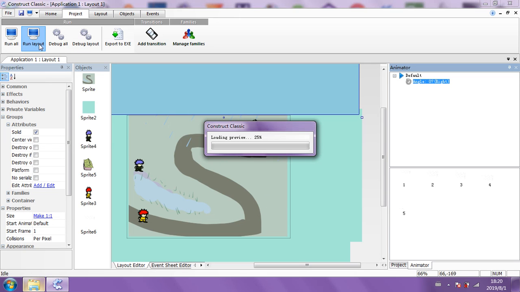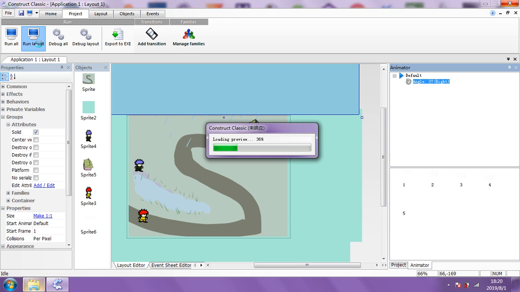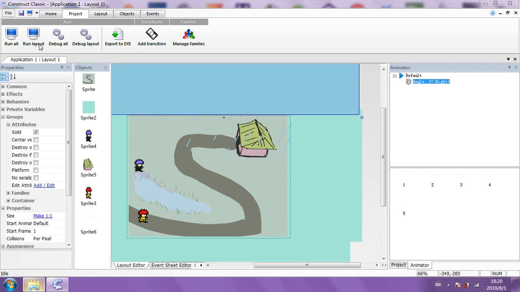Okay, so run layout. Now you can bring in sounds as well, like the sound of rain and music and all that stuff, of course. Just waiting for this to load here now. Hoping to God it doesn't crash or anything, once we've got this sorted out, because it is taking a while to load these previews each time. But I don't know if that's to do with the size of the sprites or what it is. By the way, animations like rain, you want to remember to have them set to looped in terms of how they play.